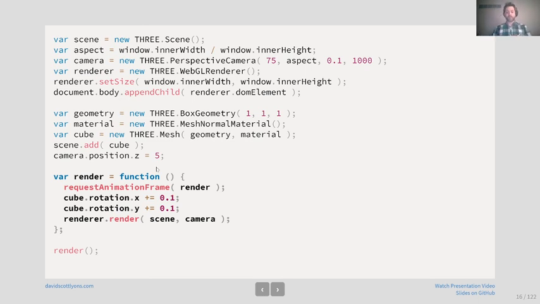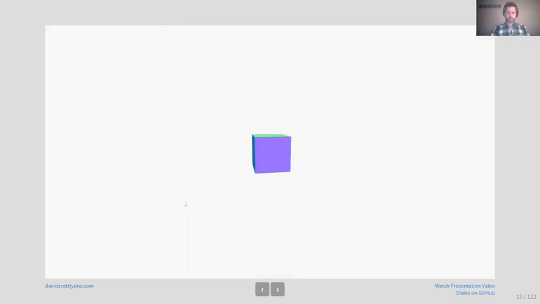We're still going to have our render function. Again, this is what's going to be animated. We still have this call to request animation frame, which is going to be kind of our forever loop. We're going to render. Every time we render, we're going to change the rotation of the cube. So we have one extra call in here for rendering out the scene. Basically, this is going to be your pushing it to the graphics processor or pushing it out to whatever element you have. But update the X and Y values by 0.1,